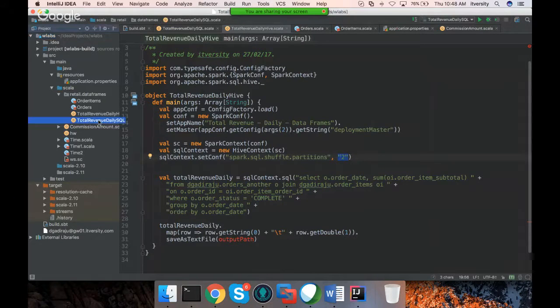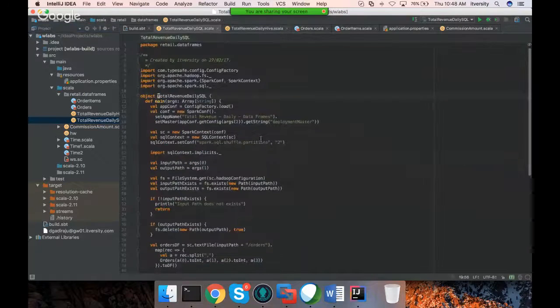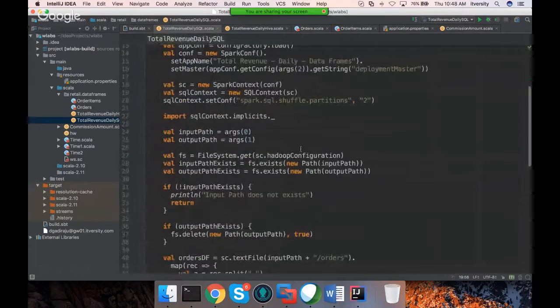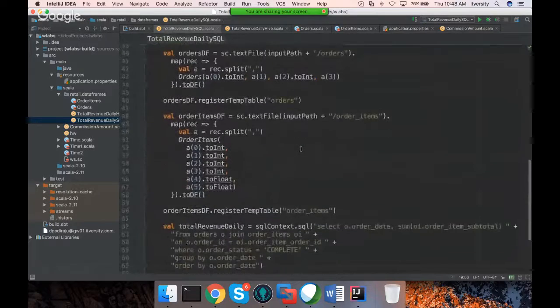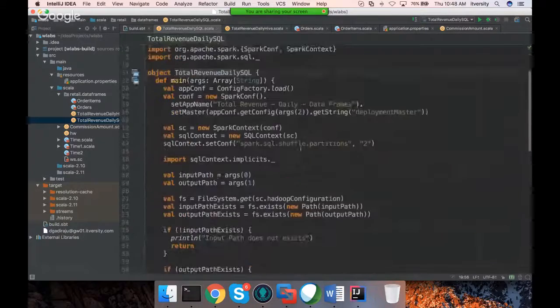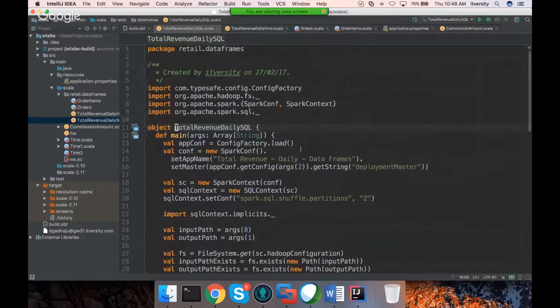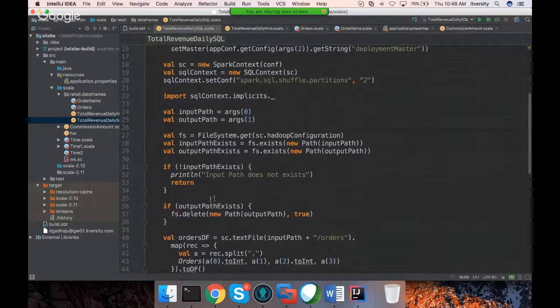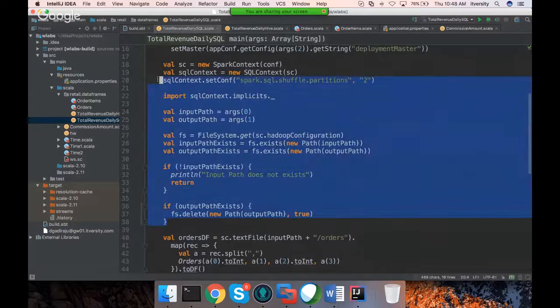Okay, and for data frames, using Spark native SQL, this is the code. I think I have pasted this as part of the last session. You can improvise your existing program. You can copy till this, but before writing the program, you have to create